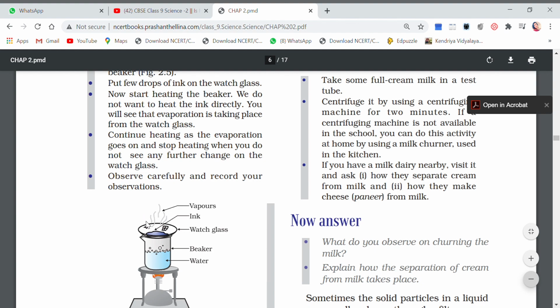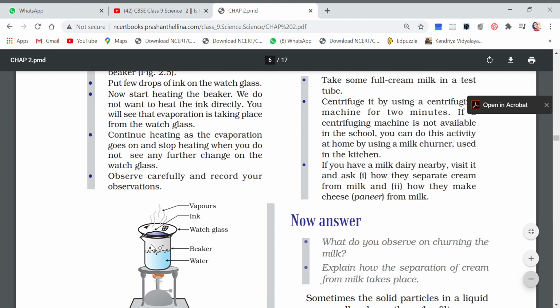Now these vapors which you see coming out are actually the vapors of the liquid present in the ink. ये जो वेपर्स अभी निकल के बाहर आ रहे हैं, ये किसके वेपर्स है? वाटर के तो नहीं हो सकते, क्योंकि वाटर के वेपर्स तो यहीं फंस गए, वो यहाँ यूज हो रहे हैं. किस लिए यूज हो रहे हैं? टू हीट द इंक. तो जो वेपर्स बाहर आ रहे हैं ये किसके वेपर्स हैं बेटा? These are the vapors of ink.